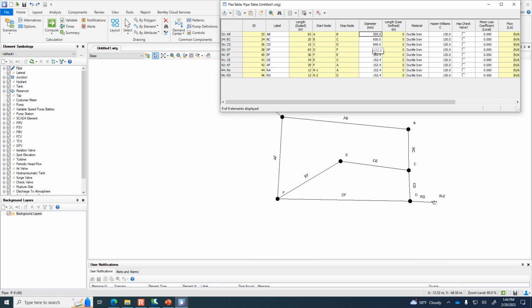Okay. But I guess I should have given you that warning at the first. It hadn't occurred to me that the default would be traditional units, but of course it is, right? So I'll make a note to myself for next year, check the units as the first thing that we do in this demo. All right, so let's continue inputting the pipe diameters.